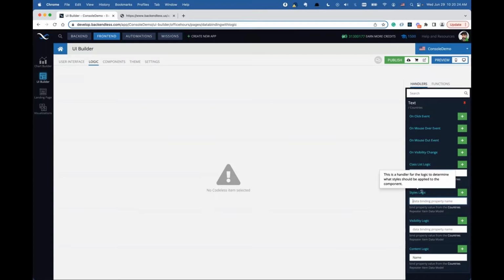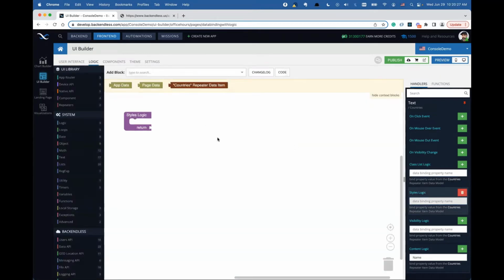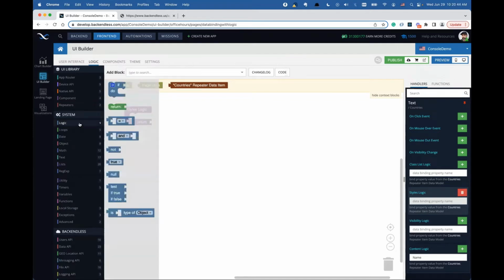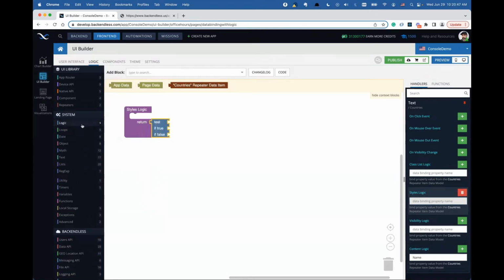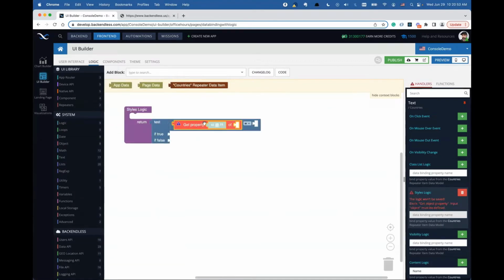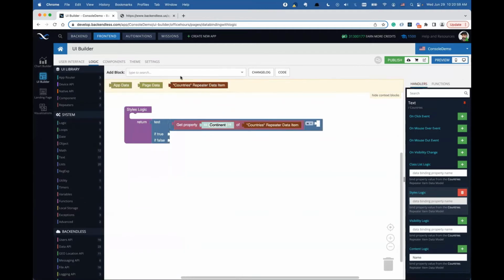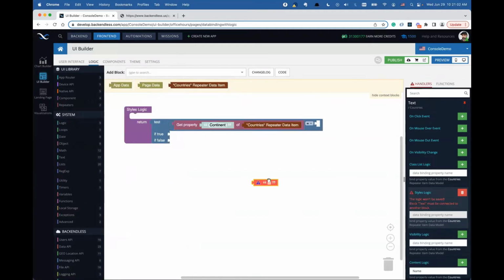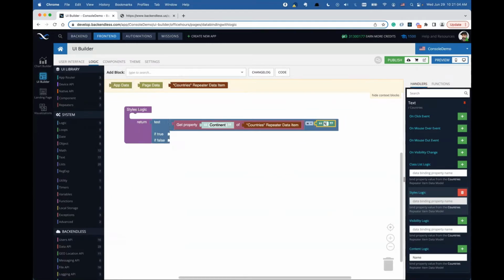So let's add logic for the styles. Notice that we have this countries repeater data item, and this will be any given country, so a specific country. This logic will be executed as many times as there are countries in our repeater. So in here, we will add logic that will look like this. I will get the continent property from my data item, and if that continent property equals North America,